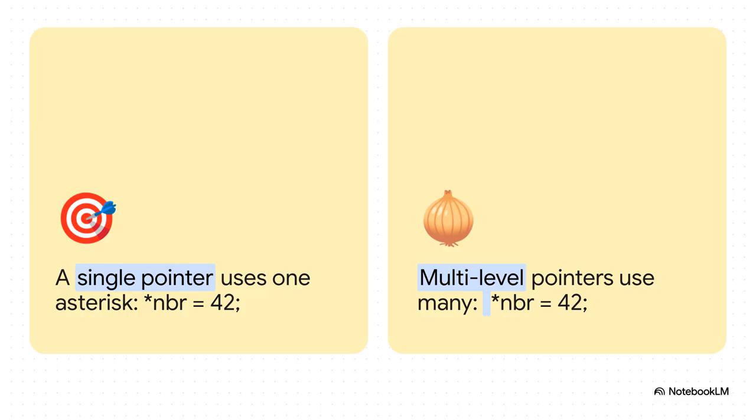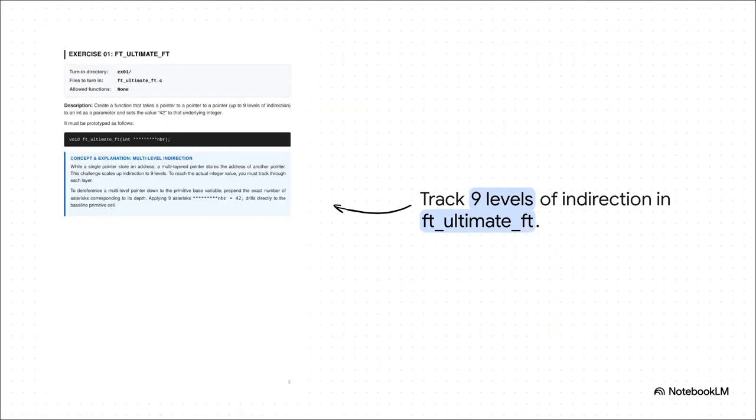We just looked at a single pointer, but what happens when you have a pointer that points to another pointer, which then points to another pointer? Yeah, this is called multi-level indirection. To get all the way down to the actual integer value at the very bottom, you must prepend the exact number of asterisks corresponding to the depth of those pointers. Which brings us to exercise 01,